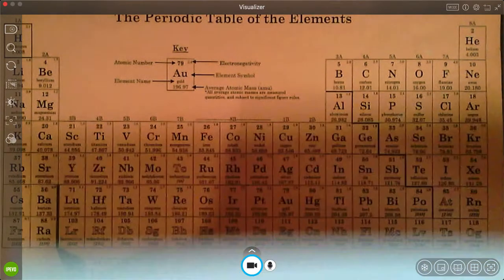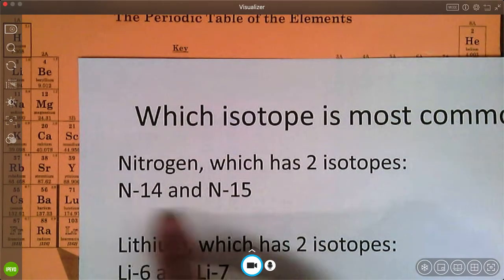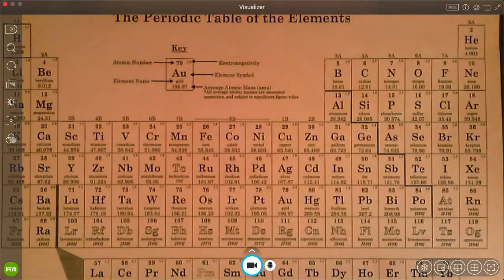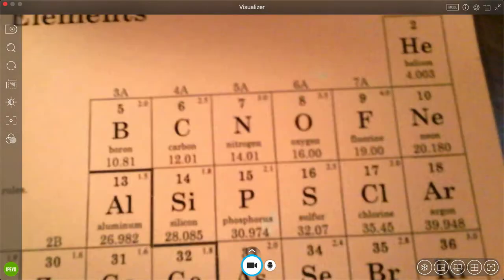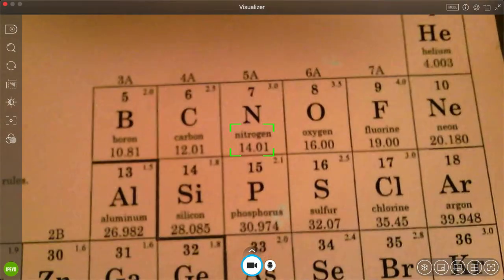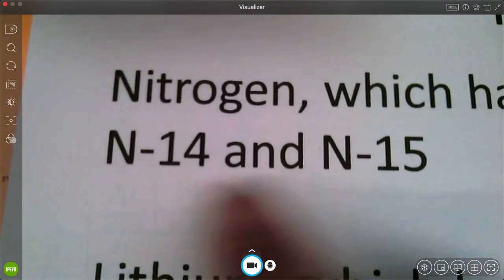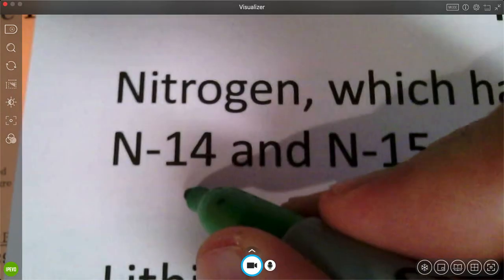So, this first one here, nitrogen. It has 2 isotopes, 14 and 15. Nitrogen 14, nitrogen 15. So what I'm going to do is find nitrogen on the periodic table. There it is. Okay. The average atomic mass of nitrogen listed on the periodic table is 14.01. So if there are 2 isotopes, these 2, and it's 14.01, okay, essentially what we're doing here is we've got